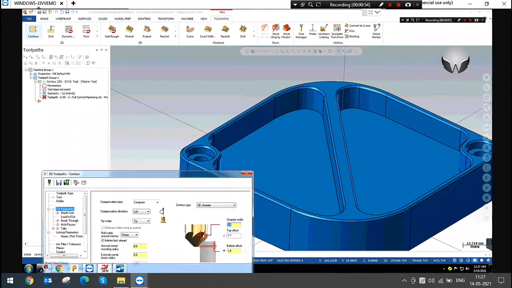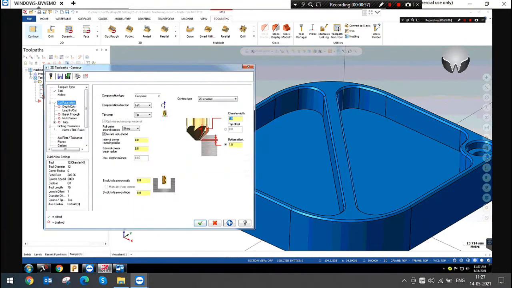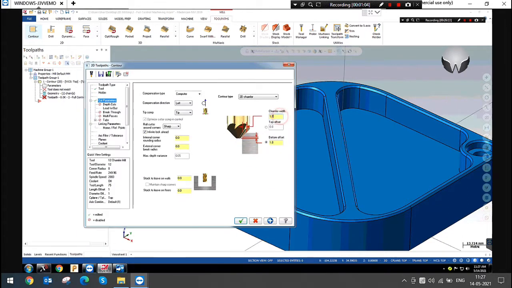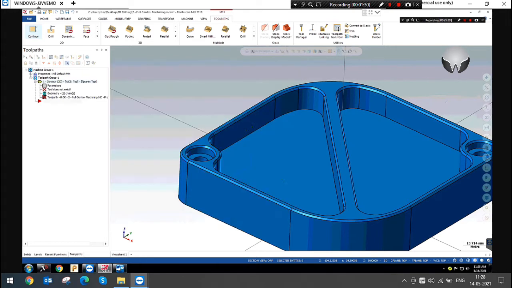So now I have selected the before chamfer path, right? In this case, we have to give the chamfer width here. I am going to give a 1 mm width, and this is the tool offset. If you give the top offset value, the tool will be offset, and this is the bottom offset. You can give it from the top or bottom. I will explain that, please, right? So now I am just giving okay.